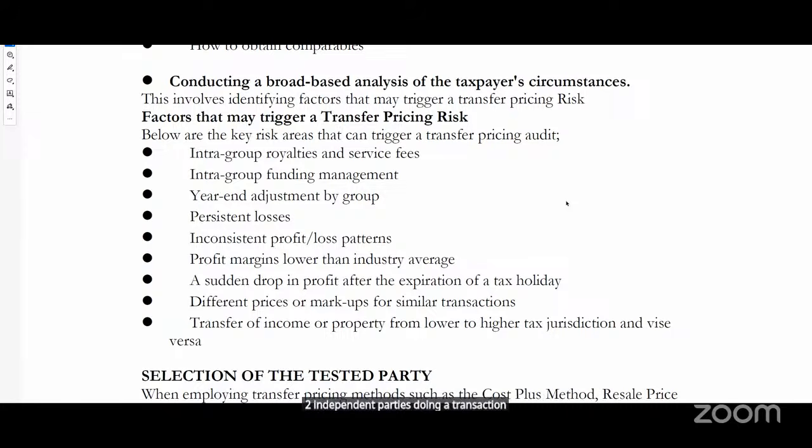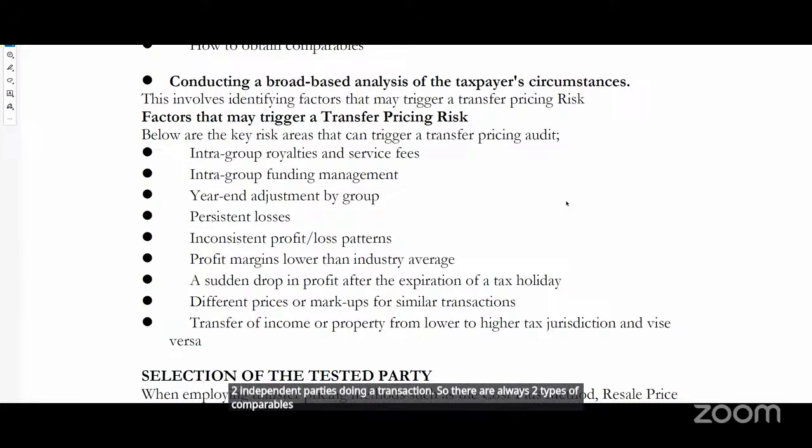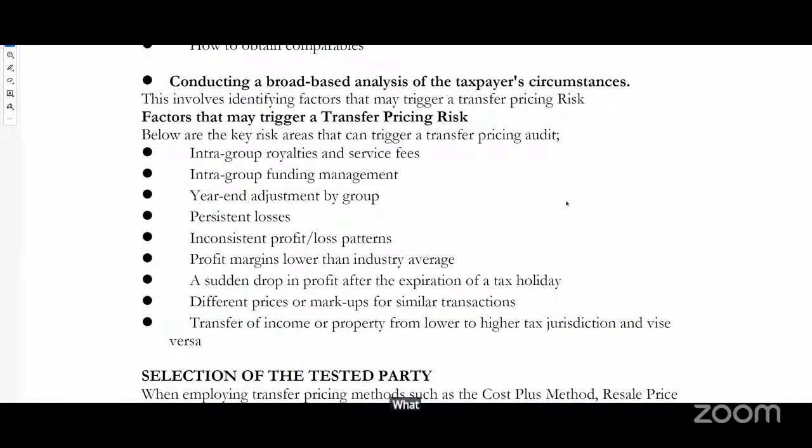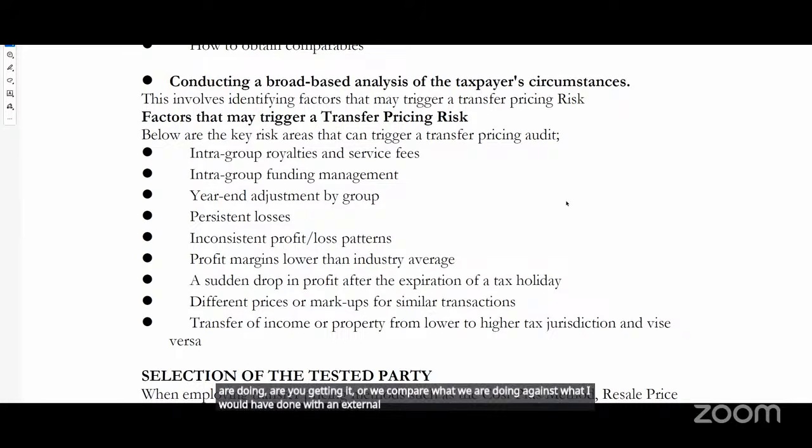So there are always two types of comparables. Either we are comparing what we have against what other people are doing, are you getting it? Or we compare what we are doing against what I would have done with an external party. Do you get it? So in a case, assuming ABC Limited sells goods to its